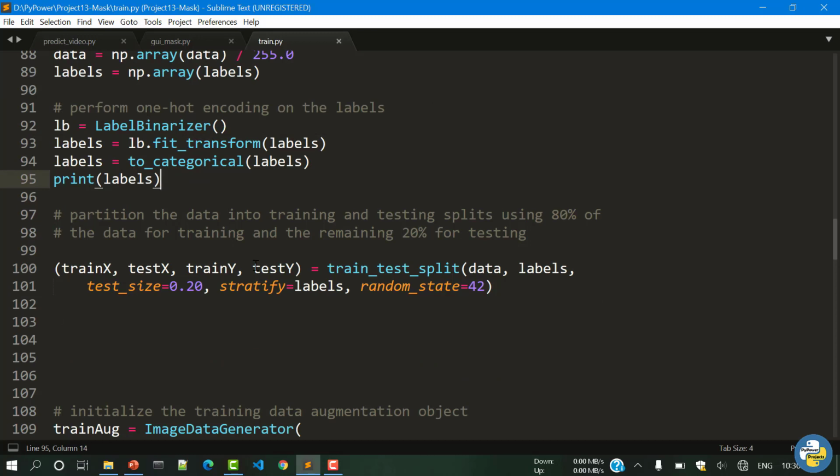For training, we require two separate sets of data. First is the training data and second is the testing data. Suppose we have 100 images, so out of them approximately 80% of the images are required for training, and the remaining 20% are given for testing our data for validation accuracy. So by this function, train test split, we will split our data into an 80-20 ratio, and it will be stored in train X, train Y and test X, test Y.